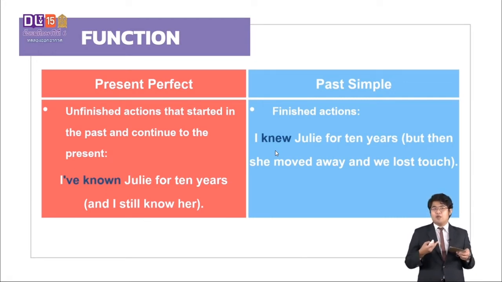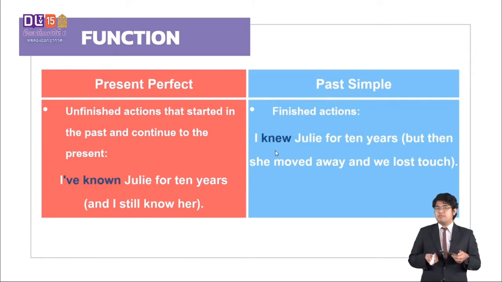It means that now I still know her. เห็นไหมครับเนี่ยรู้จัก Julie มาเป็นเวลา10 ปีแล้ว and you can see the word for. For the past simple, finished actions เป็น actions ที่ทำไมครับจบไปแล้วเสร็จสิ้นไปแล้ว For example, I knew Julie for 10 years and actually she moved away and we lost touch ก็คือเราเคยรู้จักกันนะตอนนี้ไม่เจอแล้วหายไปแล้วนะครับ